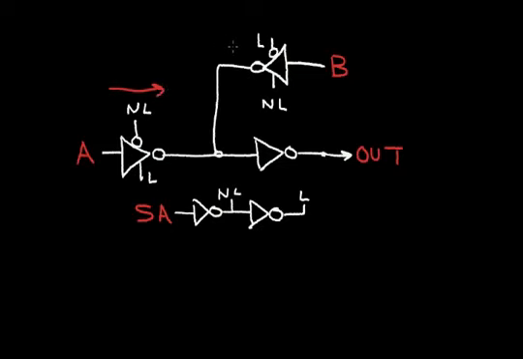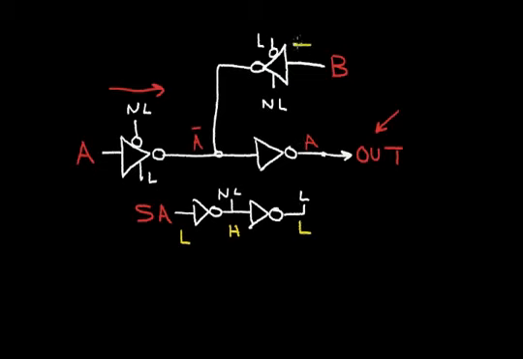The B input will be cut off because the B input tri-state driver will be in the high Z mode. And the A will become inverted at this node and then turn back to A at this node. So the A signal will be transferred to the out node if the SA signal is high, or the select A is high. But if the select A signal is in a low voltage condition, this is low voltage, high voltage, low voltage. So in this situation,